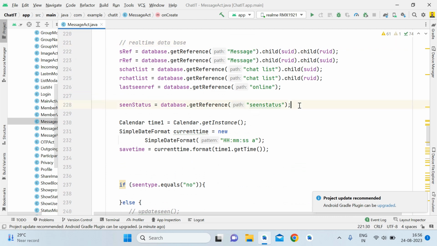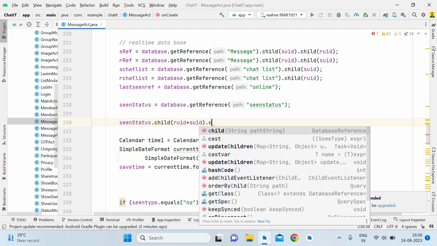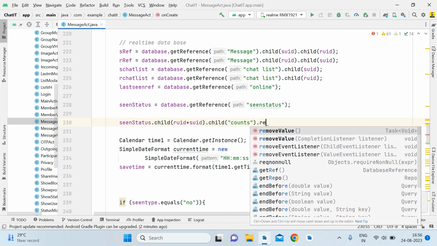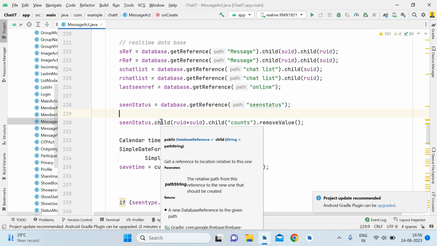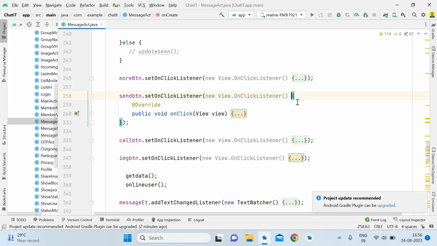Seen status. So now here what you have to do is simply write seenStatus.child, which is going to be ruid plus suid, then dot child, which is going to be counts, then dot removeValue. So guys, you have to write this line of code and make sure you give this reference seenStatus, and seenStatus.child(ruid + suid).child(counts).removeValue. Fine. Now after that you have to open the send button where you are sending the message,